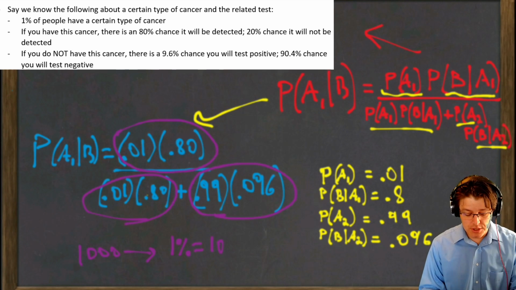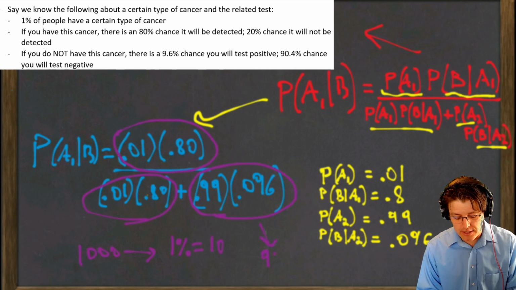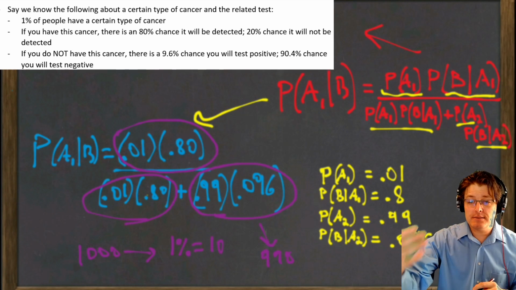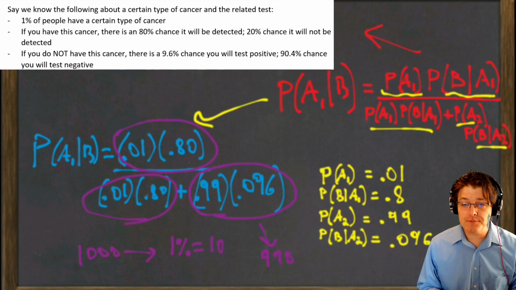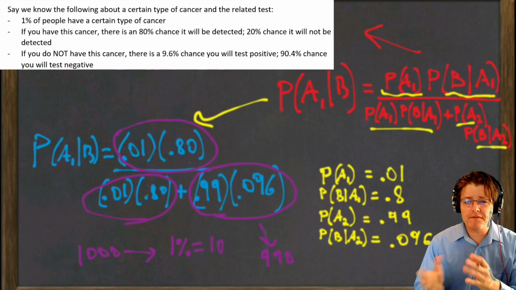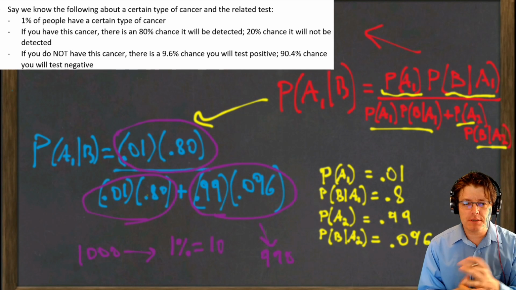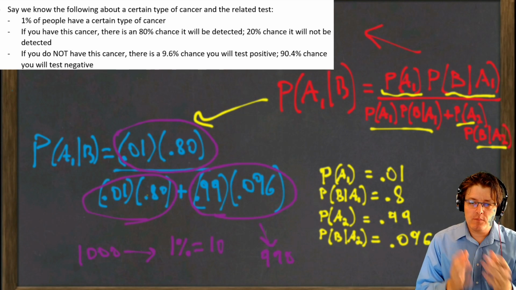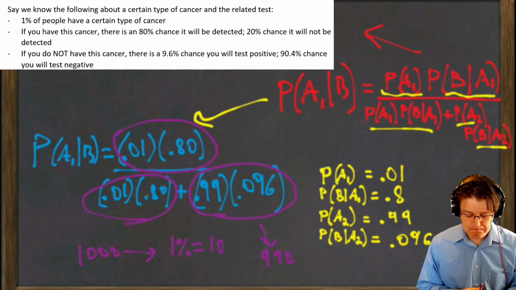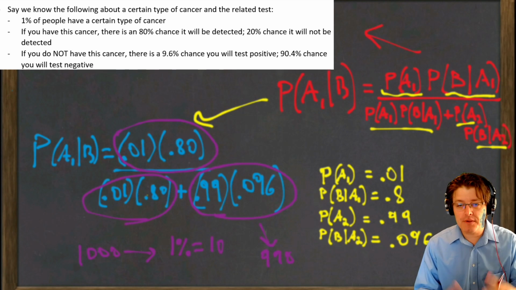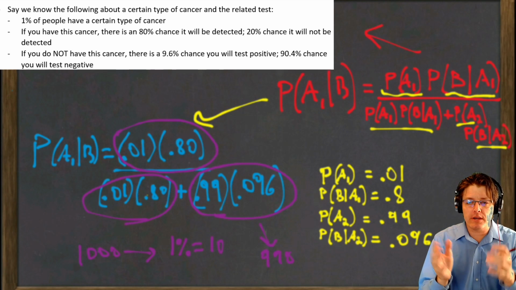So just to reiterate, that's 990 people, all of which are healthy, but they have a 9.6% chance of flagging as having cancer. Okay, so that's going to be a lot of people. Even 10% of roughly 10%, that's 99 people or something like that. So it's going to be a lot of people that show up as positive without actually having had cancer. So that's really the balance that we're striking here, or comparing.